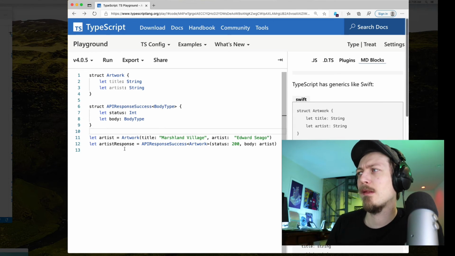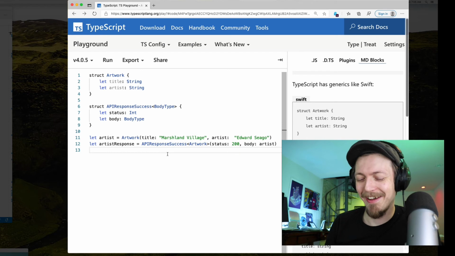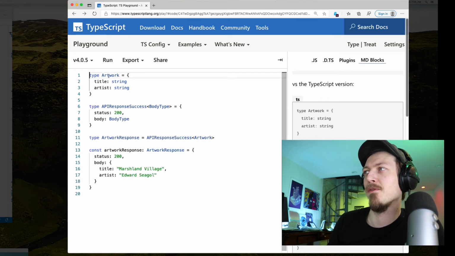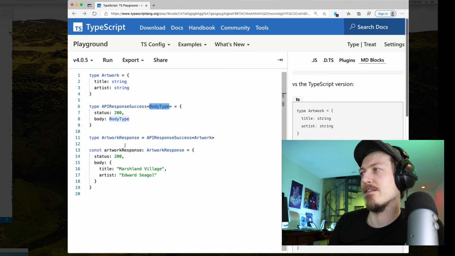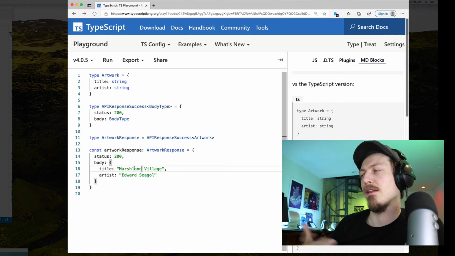And you can see here, we create an artwork and then we create a response success with an artwork. Maybe that could be inferred in Swift. It probably could. I don't know. I didn't test it. And then we can have the exact same code in JavaScript where we have an artwork, we have a type, it takes in a body type, and we create a name base for the two, and then you've got an example of that working there. Very simple-ish, kind of normal stuff.